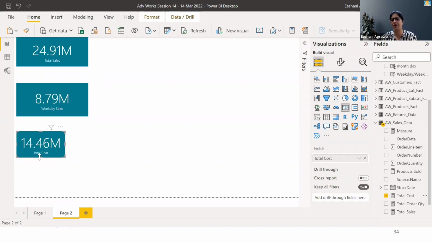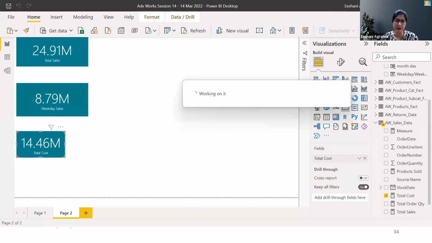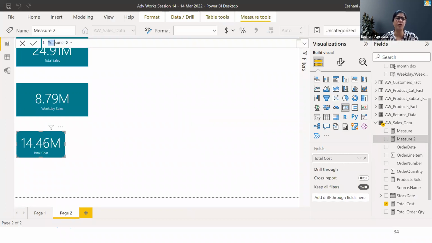Correct? Price minus the cost into the quantity. And again, it requires some bit of calculation to be done before you can do an aggregation. Hence, this is also a work of SUMX. So the total profit in this case would be